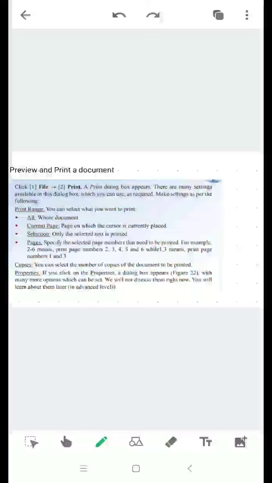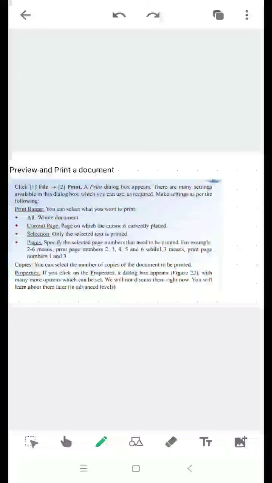Properties are nothing but many more options which can be set, like the different types of printers, whether it may be color or black and white, or the margins and the page orientation, and print only one sided or two sided. So these are the properties which we will be learning in the later sessions. You can try it like an assignment by typing 1 or 2 paragraphs and selecting the print option from the file tab. There you will be able to see different options which are present in the print dialog box, and I request you all to try it.